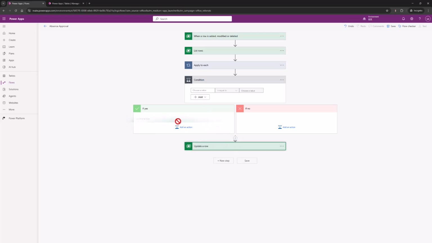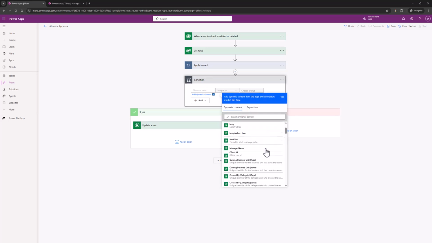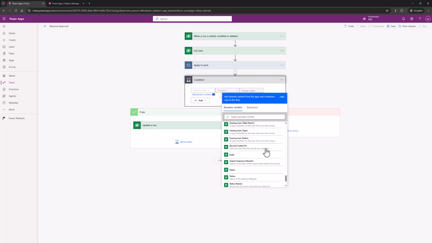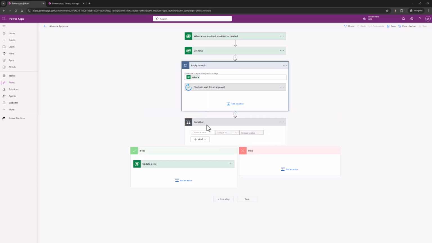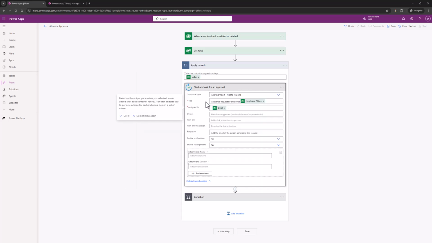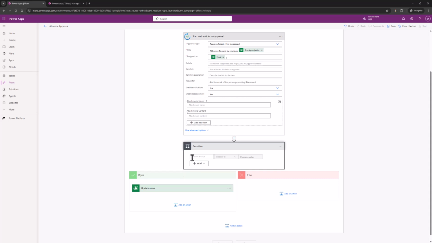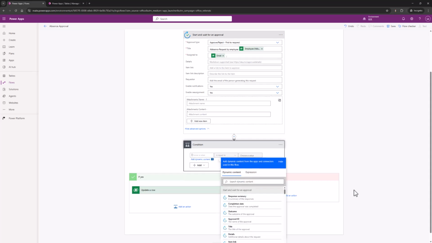So we will say update row here, and choose the value. So the value has to be from the previous connection, so from the approval. So we will say if